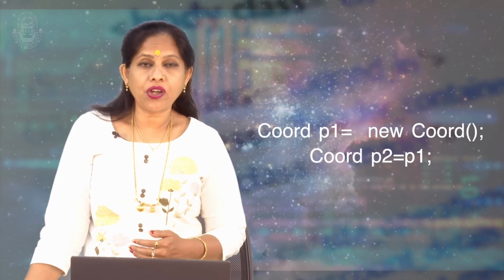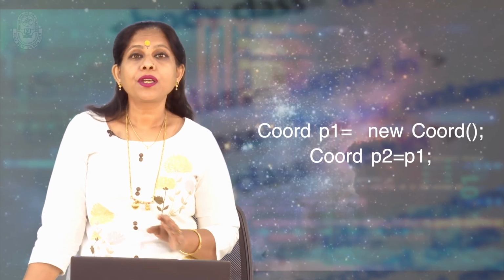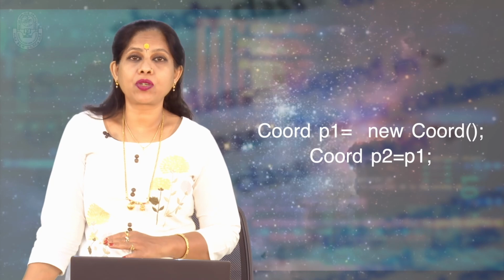Multiple references to the same object can be created. In the illustration, a single object of a class named Coord is created with two variables referencing it. Coord p1 = new Coord(); Coord p2 = p1;